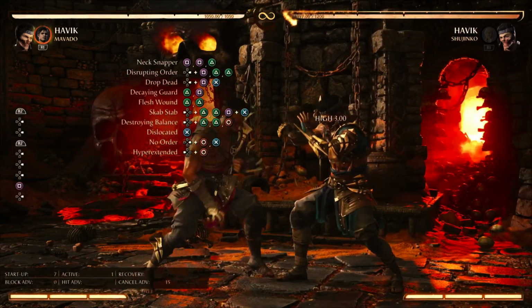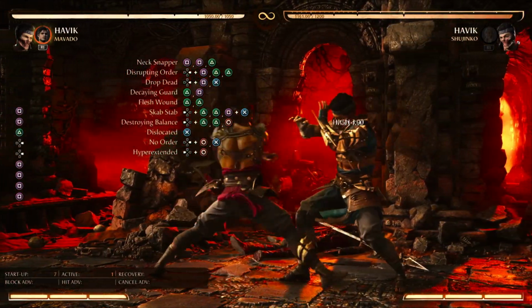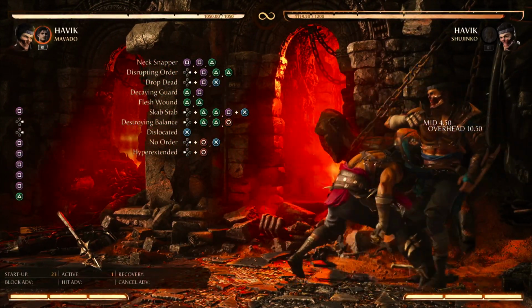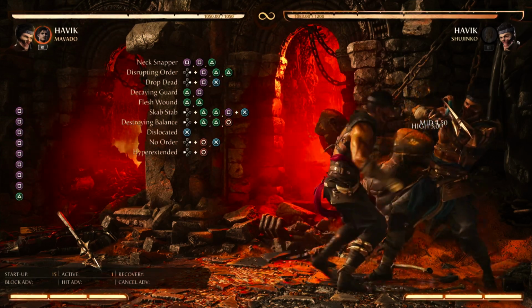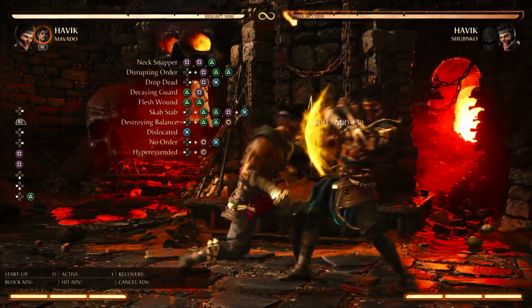One of the strongest things about Havik is frame data. You can see his 112 right here: plus 0, plus 3, plus 6. So stagger game is already on point because this is a 7 frame standing 1, and all of these attacks are plus. So you can do this, stagger them. So already very good. The final hit is the overhead, which plays very well into this special,